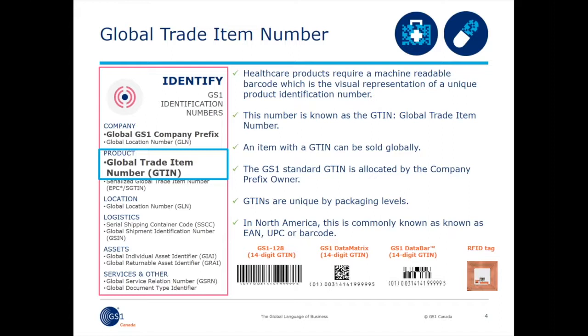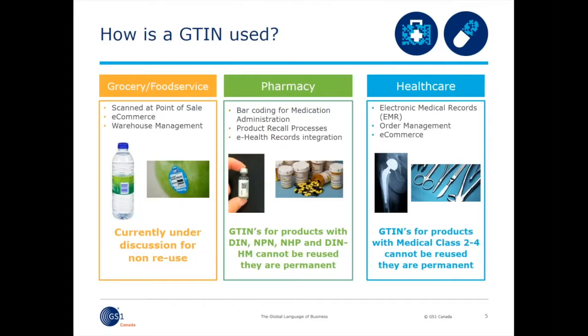Great, so now we have a basic idea of what a GTIN is, but how is it used? Because of a GTIN's uniqueness, it can be used in different ways. It can be used for trade, and this is the predominant application for the GTIN, to uniquely identify the item being purchased or sold. Due to the sheer volume of items traded, there was a fear that the number of GTINs would quickly run out.